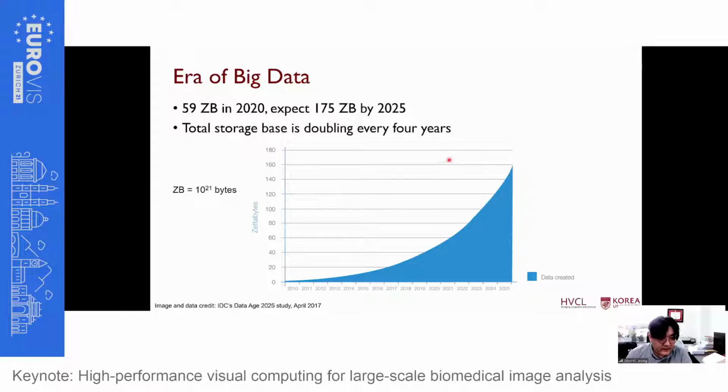They expect that by the year 2025, the total amount of data in this world will reach 175 zettabytes. A zettabyte is 10 to the 21 bytes. It's an extremely large number, right? In this report, they also mention that the total storage base will be doubling every 4 years. I actually read the most recent report published last year, and due to the COVID pandemic, this data growth trend is still continuing. So we are living in a world where data is growing